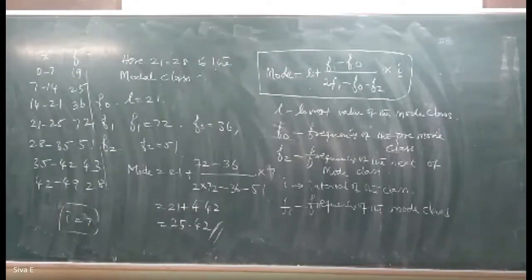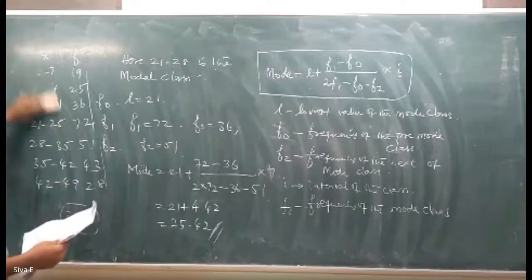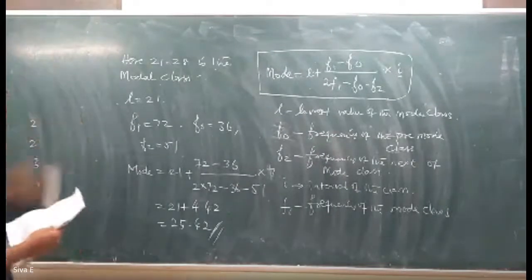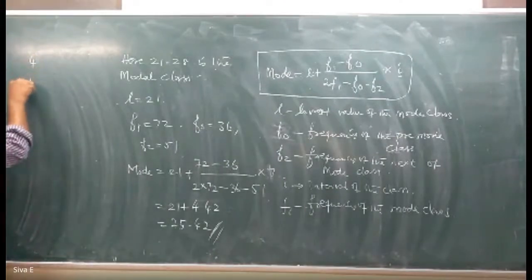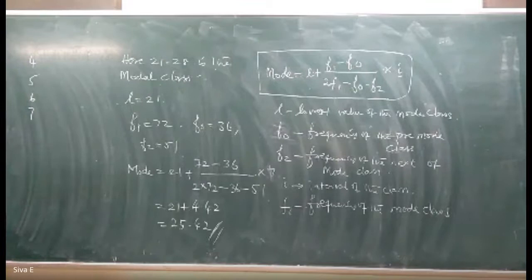Find the mode of the following data. Problem, write x values. Find the mode of the following data: 4, 5, 6, 7, 8, 9, 10, 11, 12, 13. The respective frequencies are